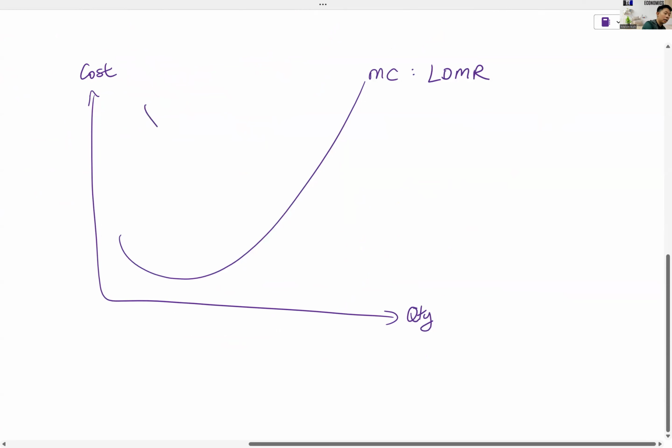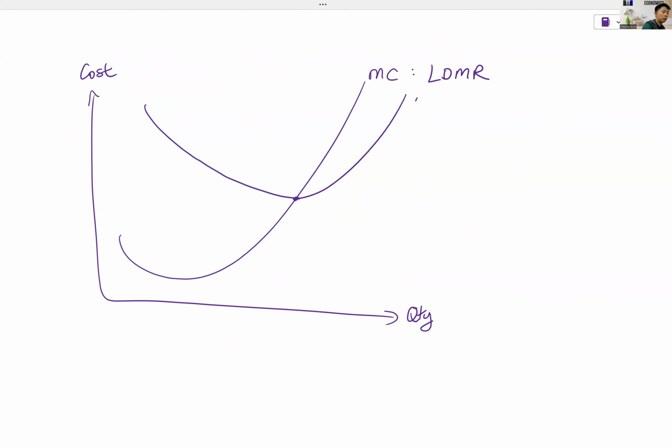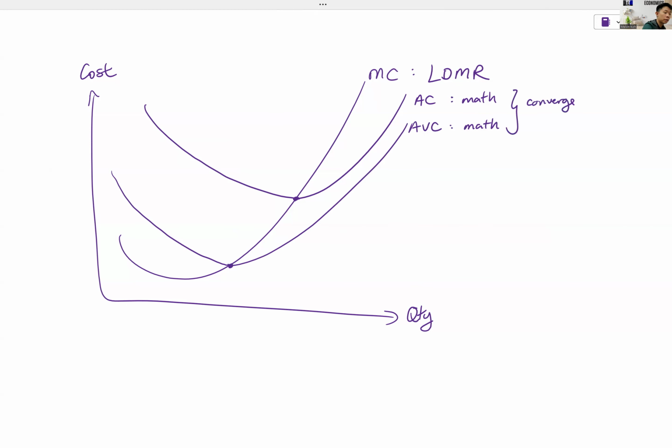Okay? It pierces the minimum point of AC because of math. It should also pierce minimum point of AVC because it's also average. It's also math. But AC and AVC converge, but do not touch. Can you tell me why they do not